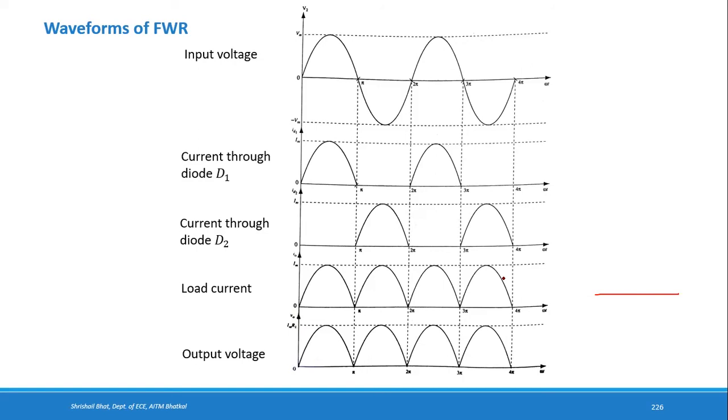One method of implementing the filters is by connecting a capacitor in parallel with the load resistance. If you connect a capacitor in parallel with the load resistance, most of the AC components will be filtered out. Such a circuit which uses a capacitor as a filter, we call capacitive filter circuits. So in the next class, we will look at these capacitive filter circuits and how the output changes when you connect a capacitor across the load of both half wave as well as full wave rectifiers.